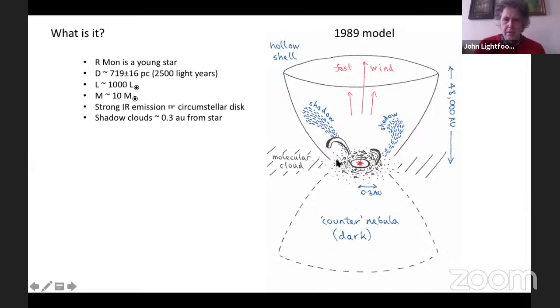The thing that's unusual about Armon and Hubble's Variable Nebula is there is this hollow shell to the north, certainly, of the star, which is illuminated by starlight and is acting as a giant screen onto which shadows of things rising up from the accretion disk are falling. A counter nebula should be there, but is not really visible.